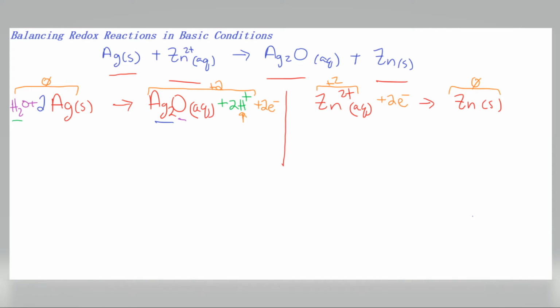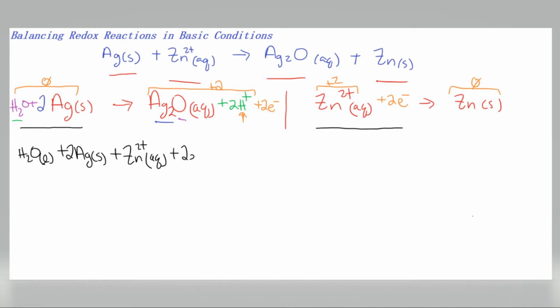So the next thing we need to do is combine these species, these half reactions, into one. Okay, so I'm going to go back to maybe black for this. So we are going to add all of the left-hand side together, this left-hand side plus that left-hand side first. And it really doesn't matter what order you put things in, so I'm just going to go left to right for ease. So we have a water plus 2 silver solids. Cool. And then we grab this zinc 2 plus